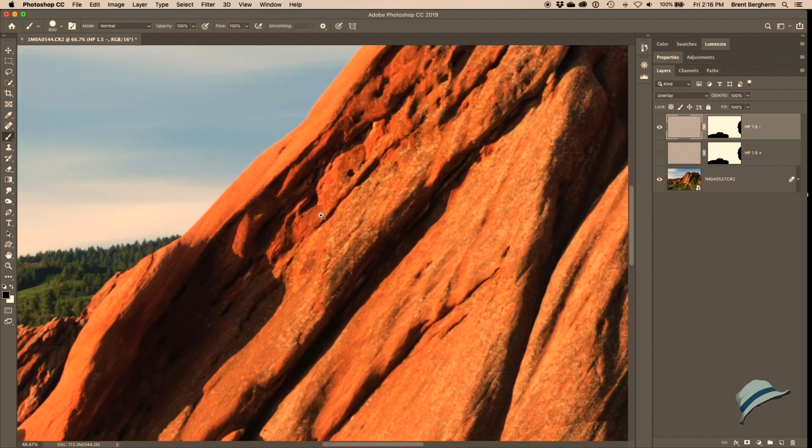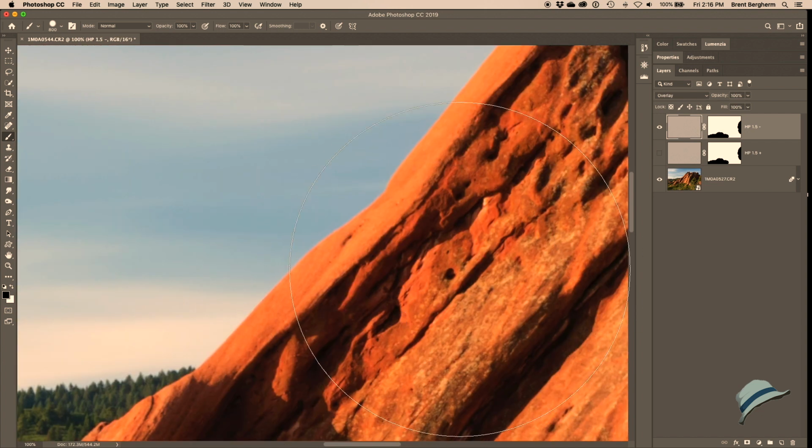I'm going to zoom back in. Here we are at 100%, the same general area. And so here it is without the blurring effect. Here it is with the blurring effect. Here it is canceled out because the sharpening and the blurring effect just cancel each other out perfectly. Here it is with sharpening. All right,